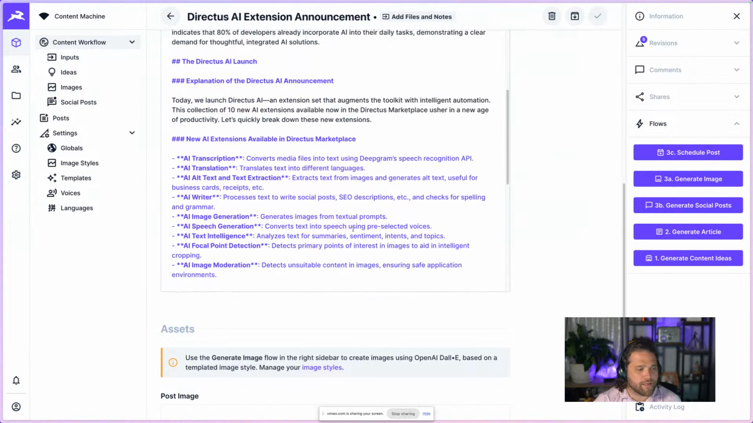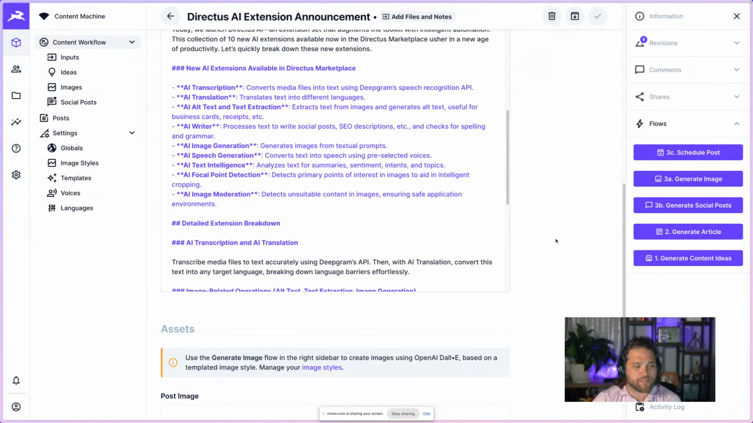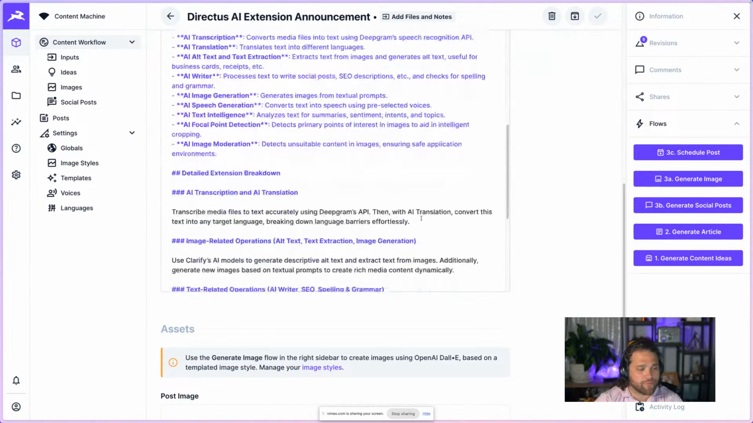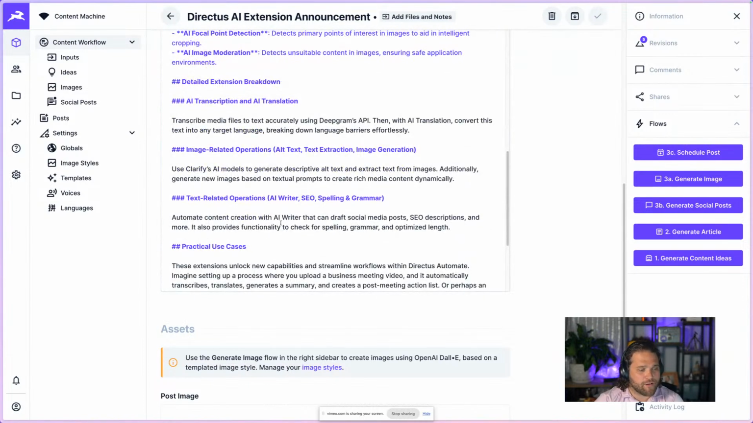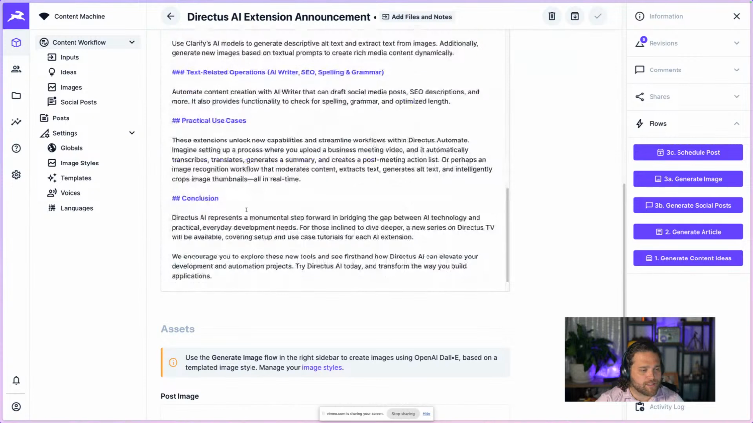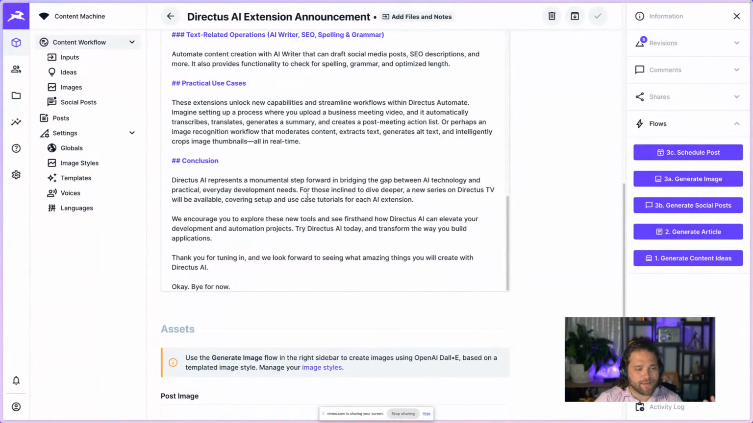Here's a summary of all the extensions. It's picked this up from the actual transcript that we've provided. We've got all of the practical use cases, right? So I would normally do a ton of editorial here. Now I won't